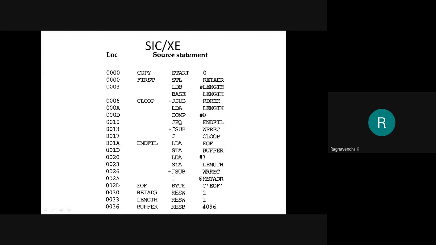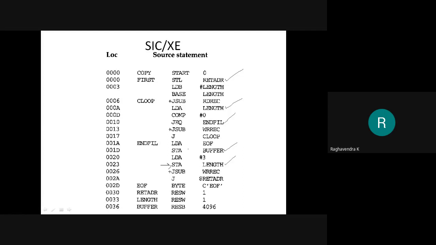Okay, so we started with a few instructions with the PC in the last session. I think STL, RSUB, ADDR, LDA length, and jump if equal to end fill, STA buffer, and STA length, right? So all these instructions were assembled in the last session. Okay, I'll just show you one of them for reference. I'll take this STA length.